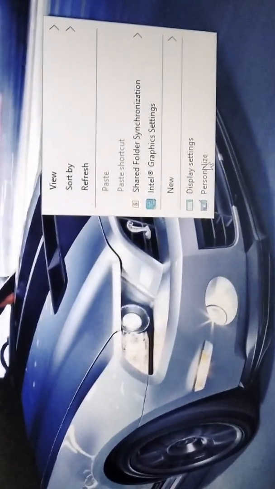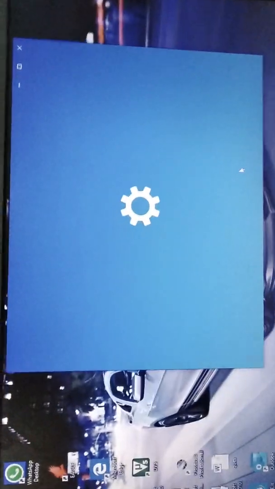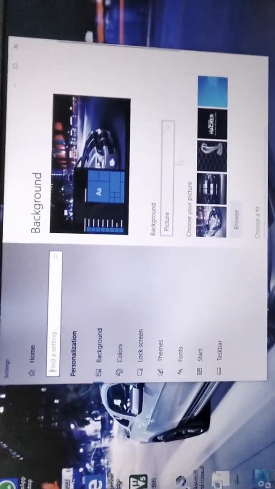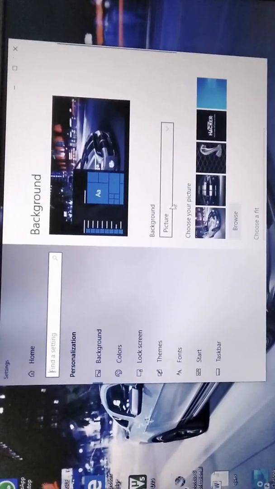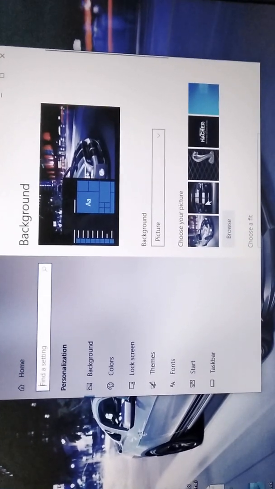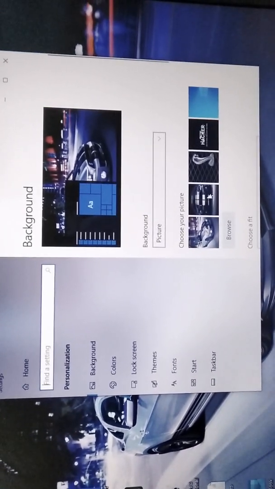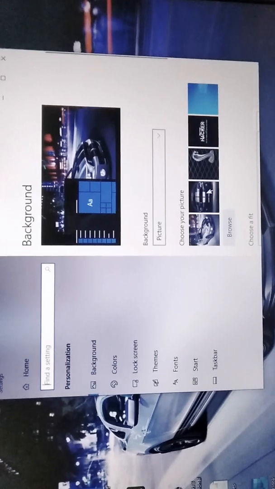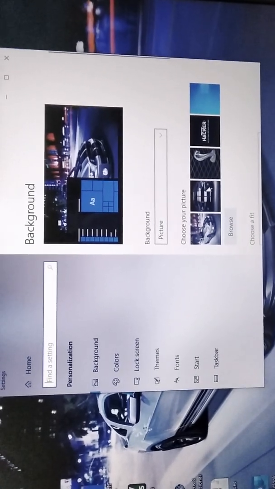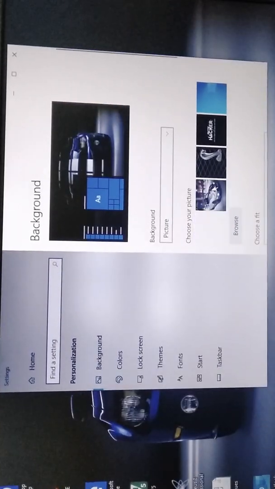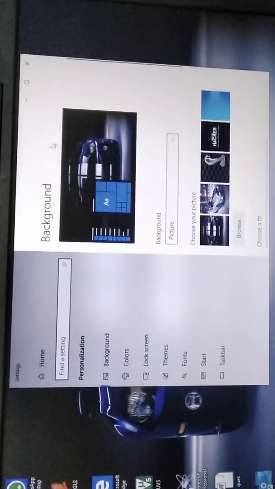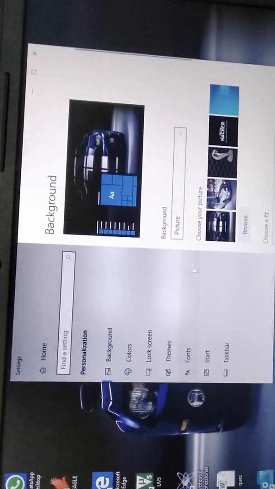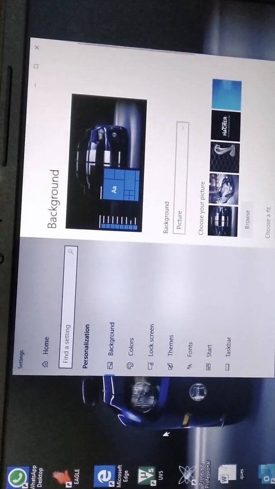On the Personalize menu you just click, a menu will appear on the screen, and here the background is selected. From here you can select any picture, like I am selecting this picture. Okay, and now you can see that your background is changed.